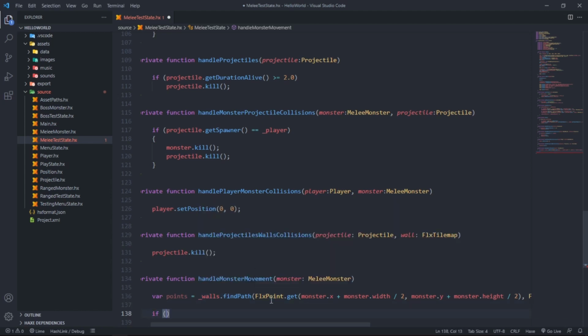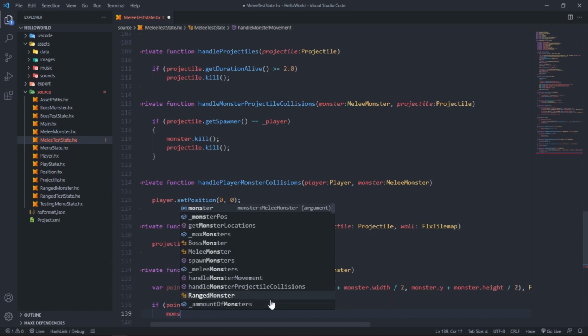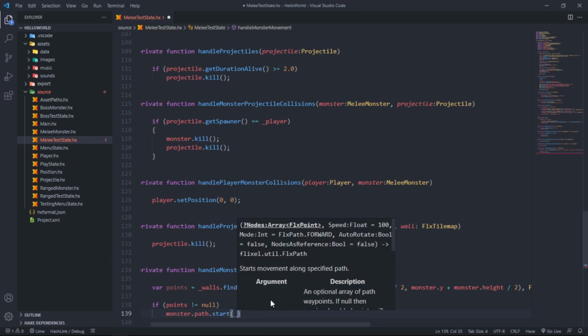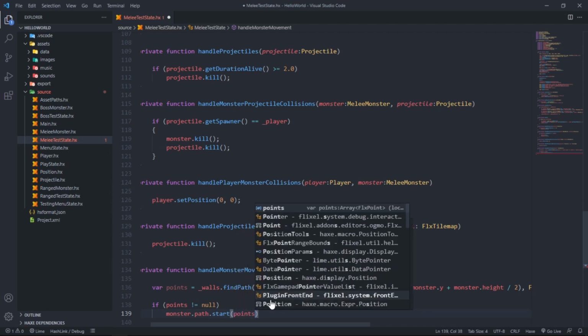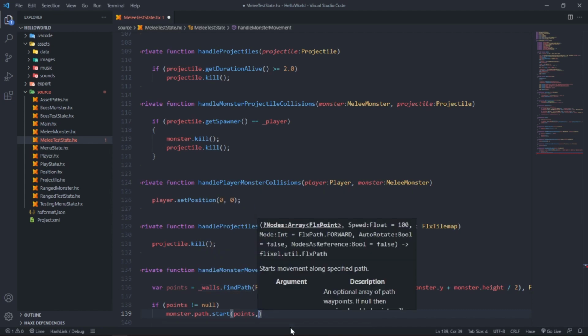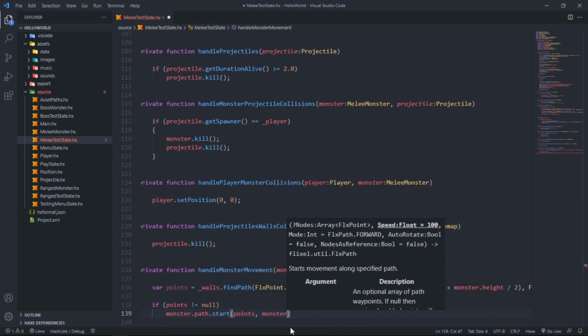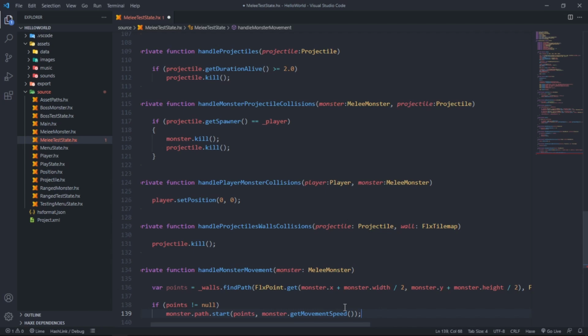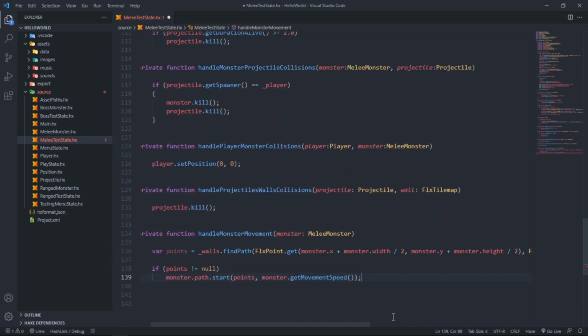So then we say if points are not null, so if there is a path for the monsters to follow, then we want to say monster.path.start, and say we want to use the points array. Yeah, array of FlxPoints, and we want to get the monster's getMovementSpeed so that we know at what speed this is. Now if we try to run this currently, we will find that